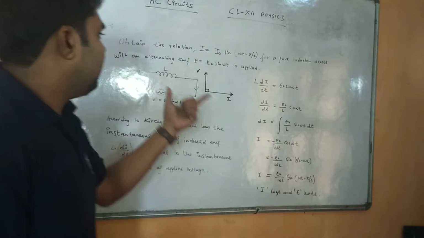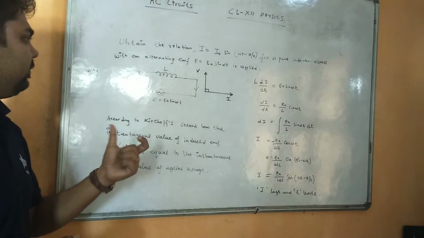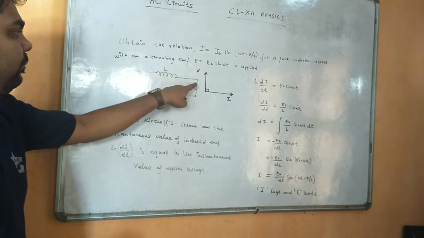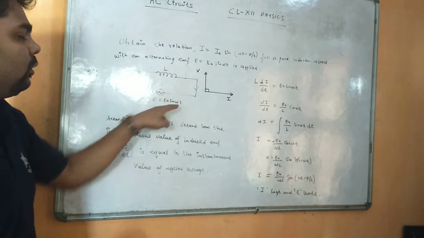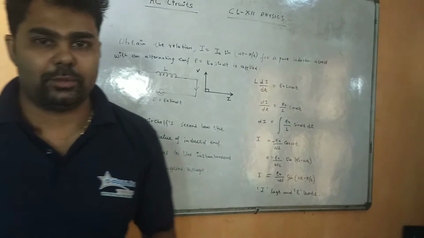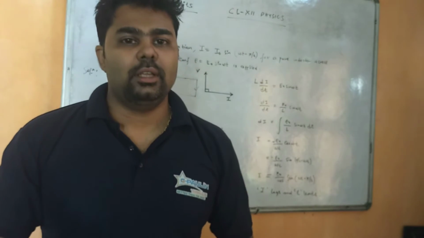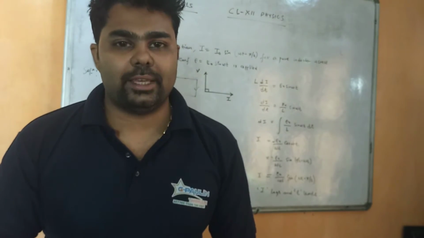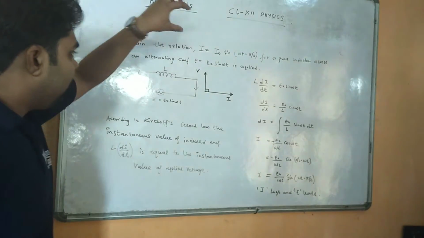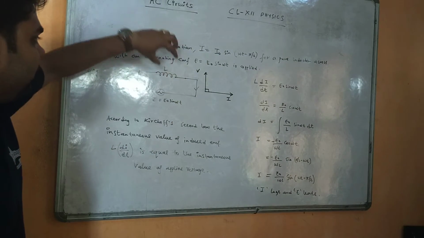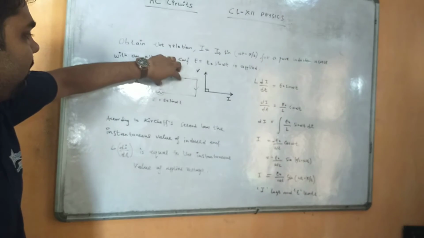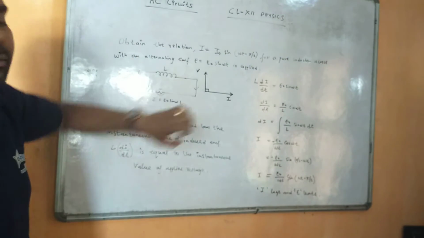Okay, so whenever a coil is connected with an alternating voltage, a current passes through this coil. Once it passes through the coil, self-induction takes place, and due to this self-induction there will be a production of back EMF, right? And a condition comes when this back EMF produced at the inductor becomes equal to the applied alternating voltage.